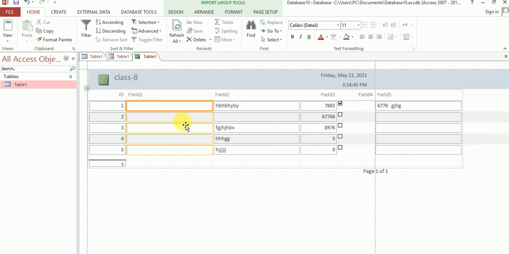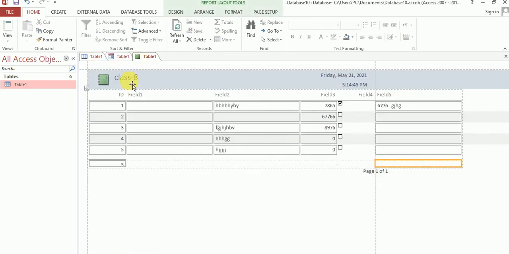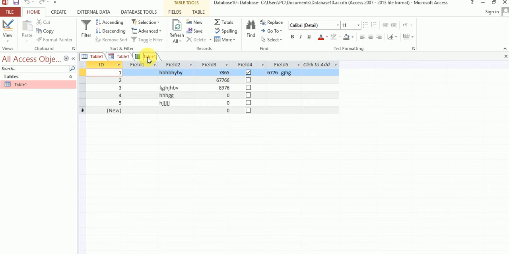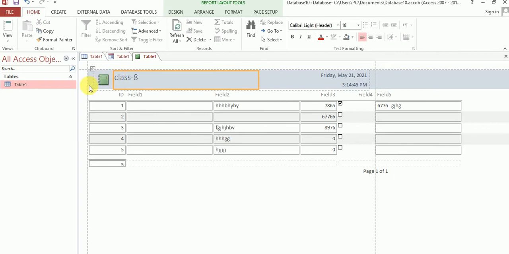So field one, field two, field three. When you're printing this database, you can also view this report, and you can see how your table looks after printing. You can also see, okay, you can see this report.